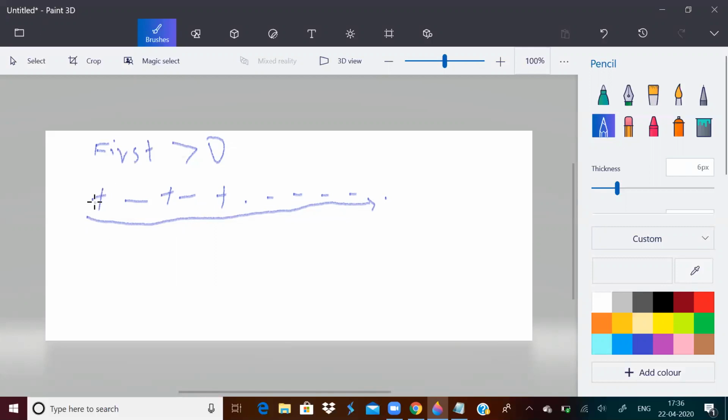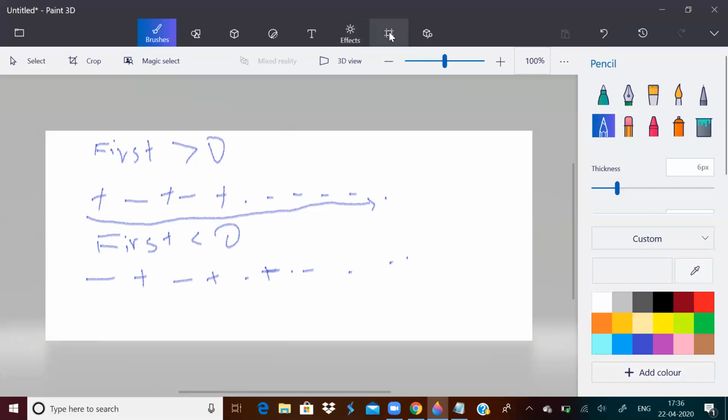So if the first element is greater than 0, I'm going to try and find a subsequence which follows the pattern plus minus plus minus plus minus. Similarly, if the first element is less than 0, I want to find a sequence like this, minus plus minus plus minus plus, so on, alternating. That was my intention.